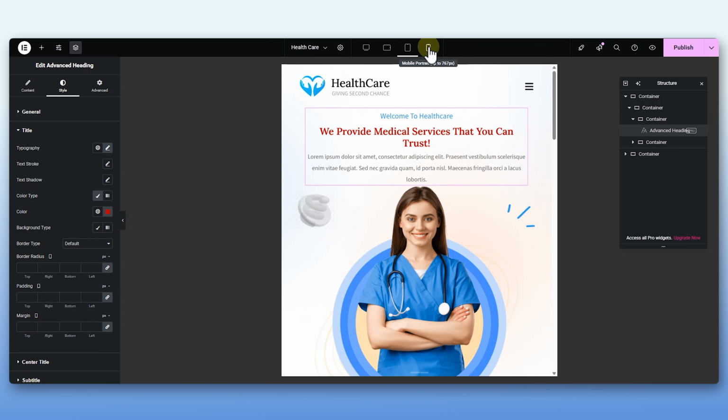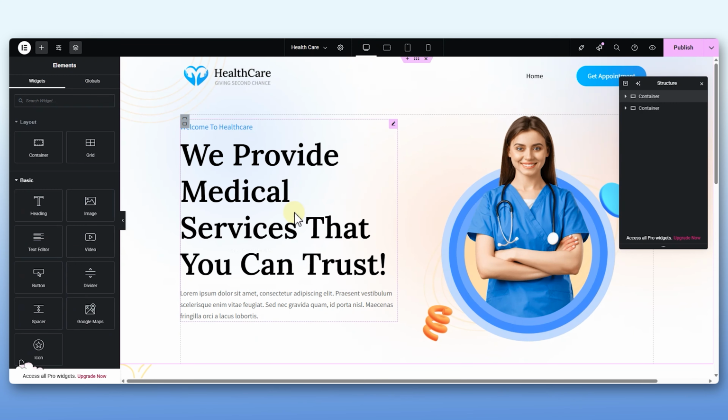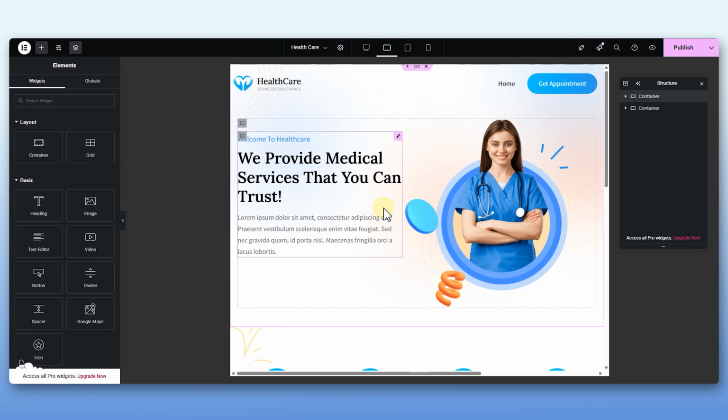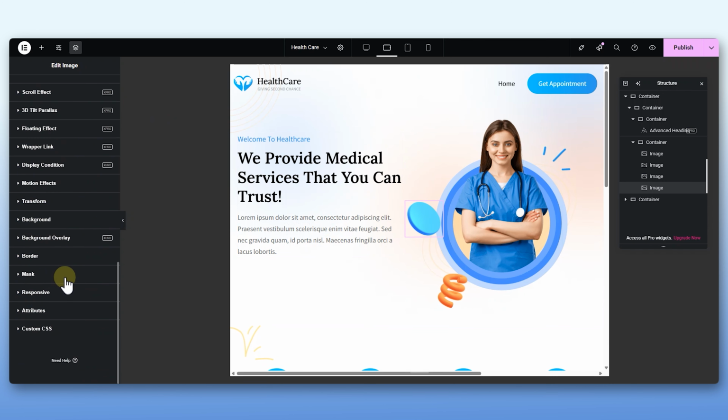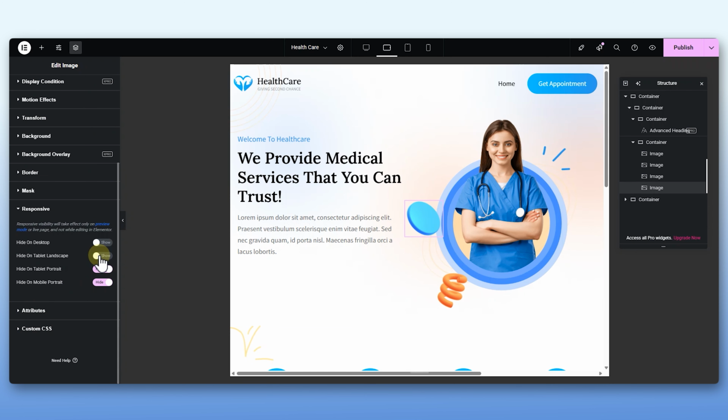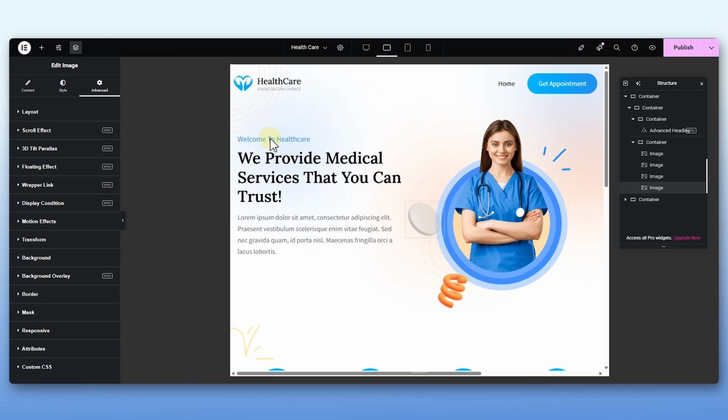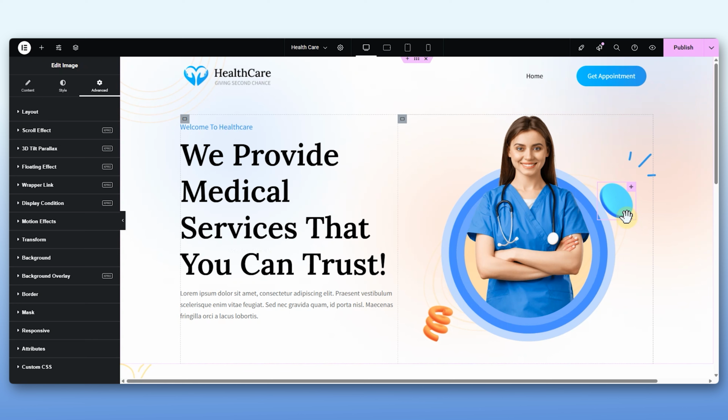Now that you know the basics, let's cover an advanced tip for making designs more responsive with custom breakpoints in Elementor. If you want a section or widget to appear only on certain devices, you can hide it on others. For example, with a new tablet landscape breakpoint, select the element, go to its Advanced tab, and select Responsive. Now choose which device to hide it on. Select tablet landscape. Now this element won't appear on this breakpoint but will display everywhere else, be it mobile or desktop. It's pretty useful. And that's it.